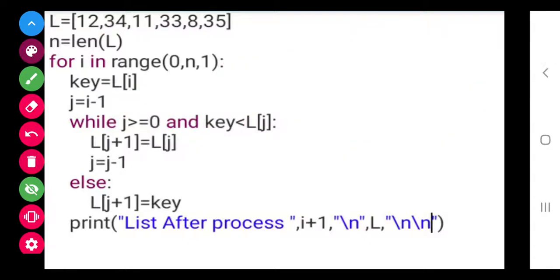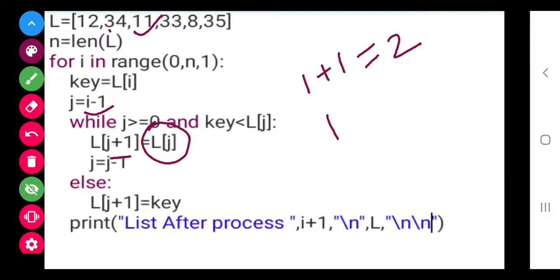So in j plus 1, j was 1, so 1 plus 1, that is position 2, the position of 11. What should come there? Our j is 1, so the 1 position element, that is 34.